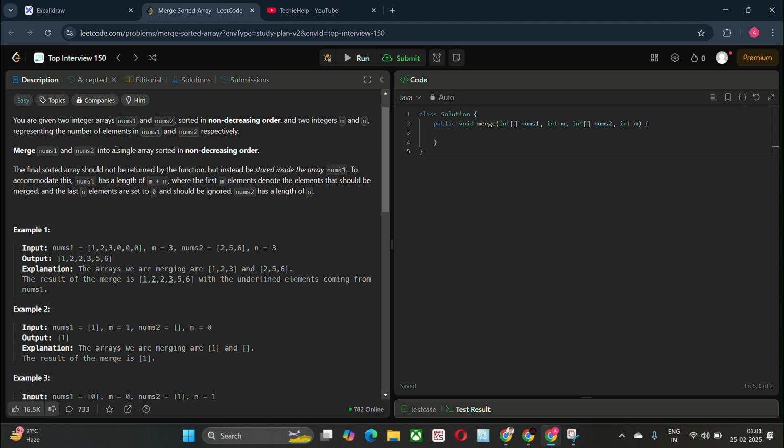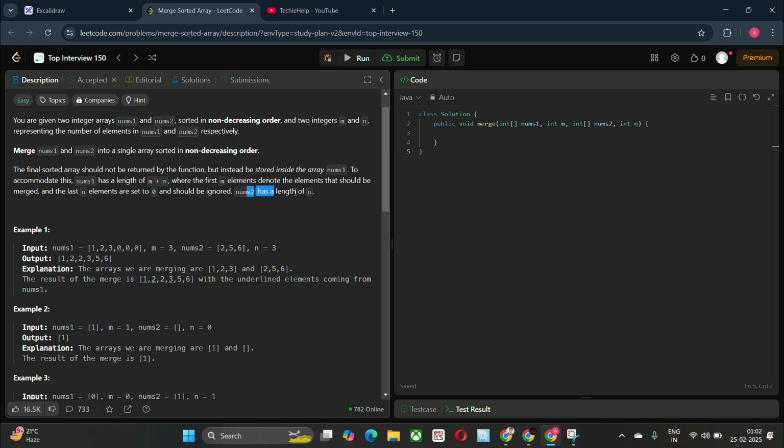Merge nums1 and nums2 into a single array sorted in non-decreasing order. The final sorted array should not be returned by the function, but instead be stored inside the array nums1. To accommodate this, nums1 has a length of m plus n, where the first m elements denote the elements that should be merged and the last n elements are set to 0 and should be ignored.